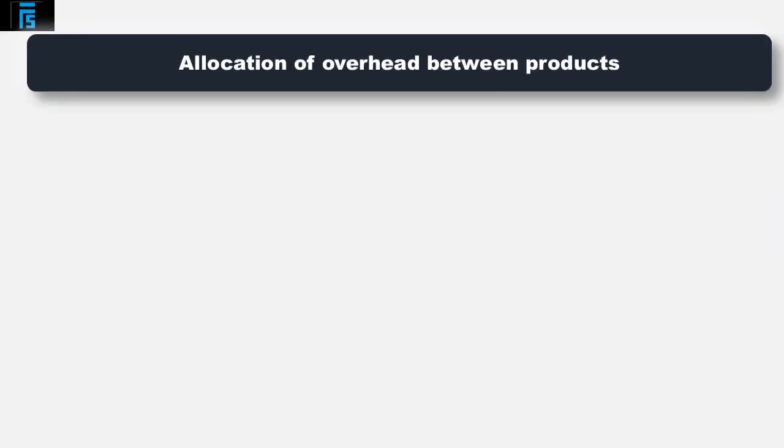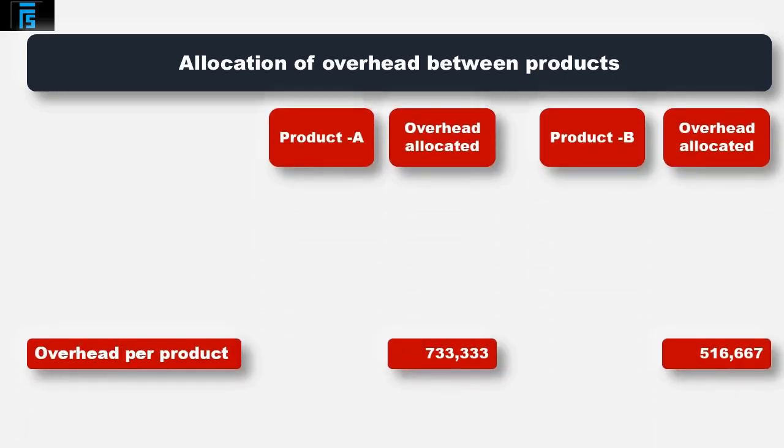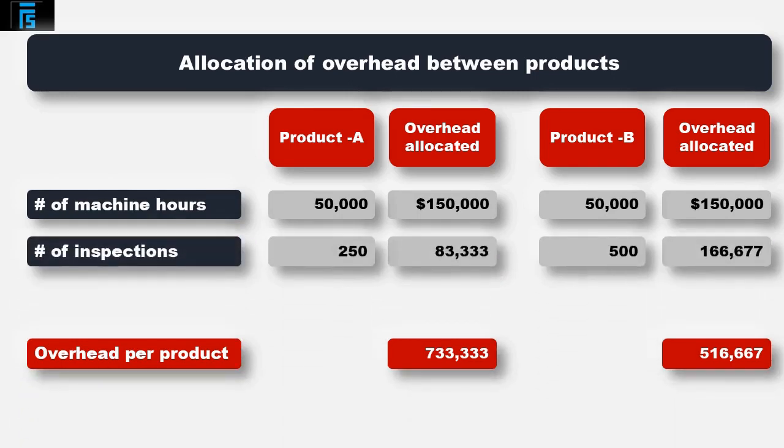Let's focus on the allocation of the overhead between the two products and understand how activity-based costing has split each overhead type between product A and product B. As discussed above, on a total basis, A has incurred more overhead than B. Both A and B have used the same number of machine hours, 50,000, meaning the same machine overhead is absorbed by each product, 150,000. Even though B has used twice the number of inspections than A, 500 compared to 250, thus incurring twice the amount of inspection overhead,